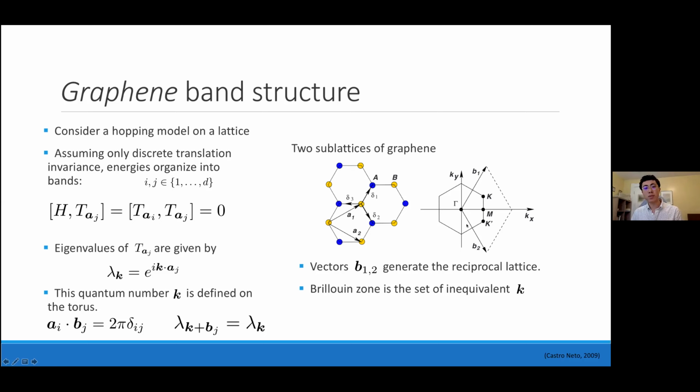On the right here, I've drawn, or haven't drawn, I took this from a great review article by Castro Neto, RMP. It conveys a lot of information. One is it conveys the torus structure of the Brillouin zone, which is this hexagon in which the k's live. Now notice it's not quite a hexagon because it has periodic boundary conditions. Notice there are only two inequivalent corners. This is related by a translation to this and to this. And I've also denoted those reciprocal lattice vectors b explicitly here.